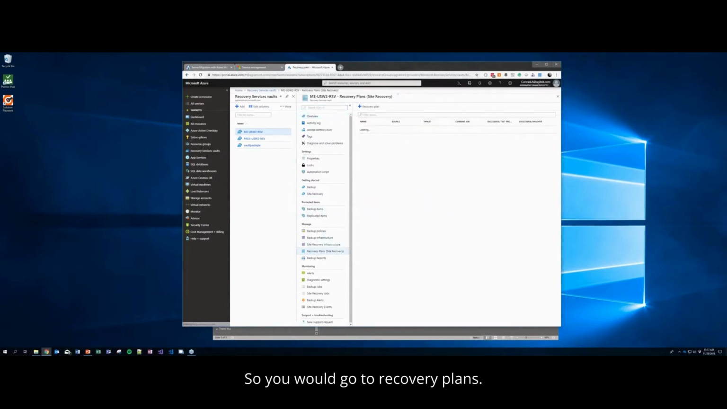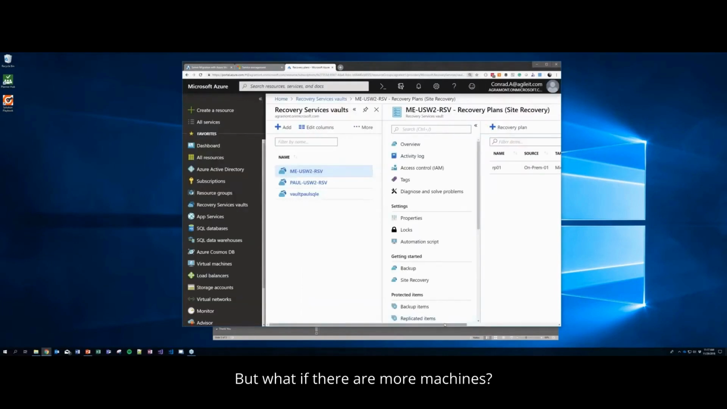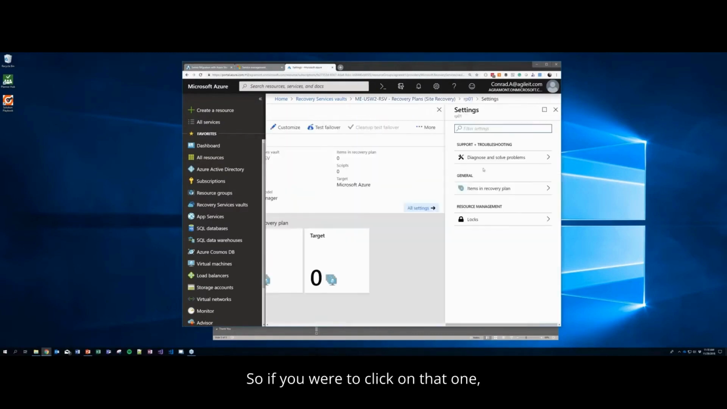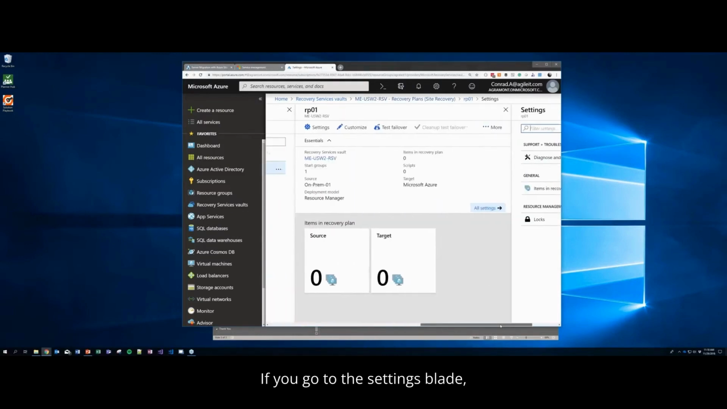So you would go to recovery plans, and we have a recovery plan here, which basically just says, hey, if a machine goes down, we had a single machine on-prem, it's failing over to Azure, fail it over by itself. That's fine. But what if there are more machines? This is just a recovery plan in here. It's not really defining the elements that make up this recovery plan. So if you were to click on that one, if you were to go to general right now, we really don't have any item. If you go to the settings blade,